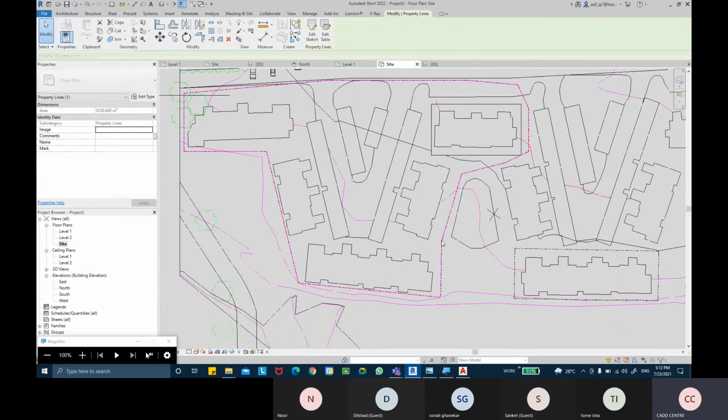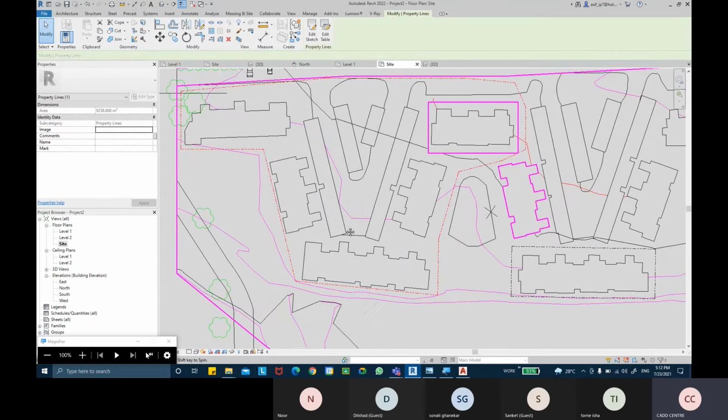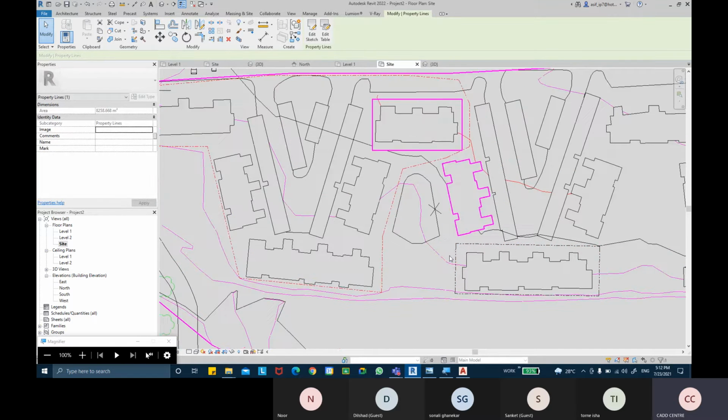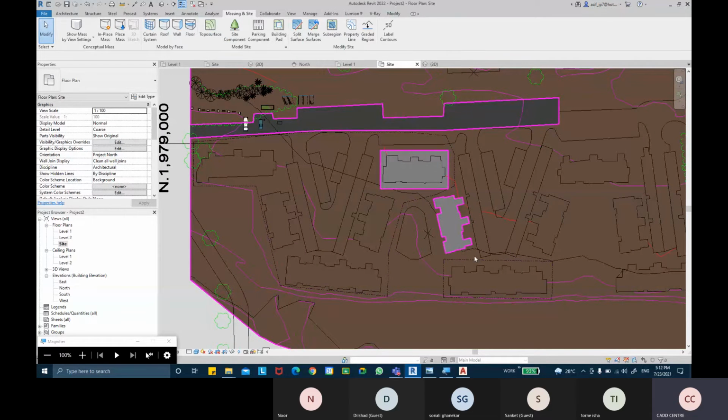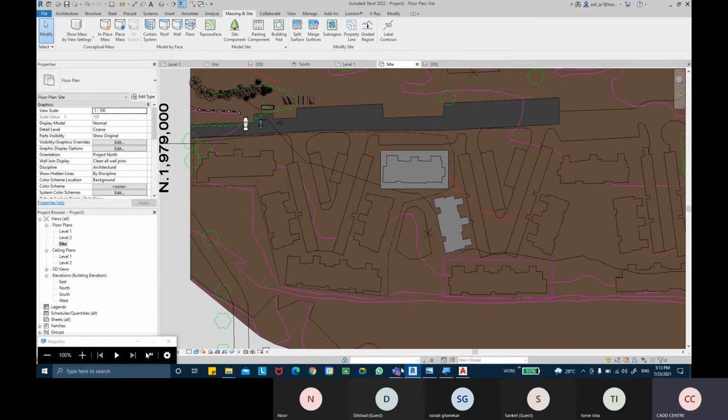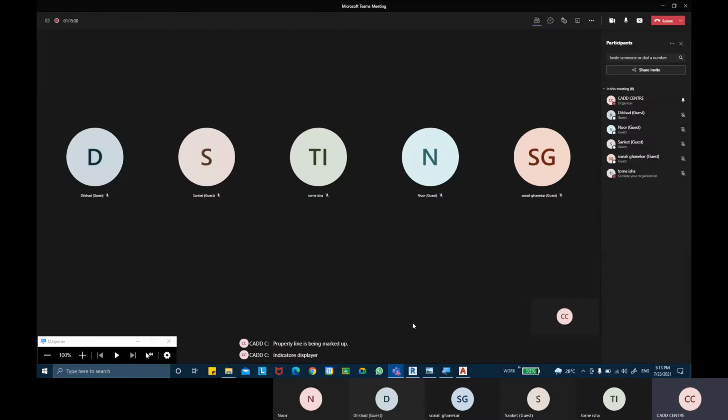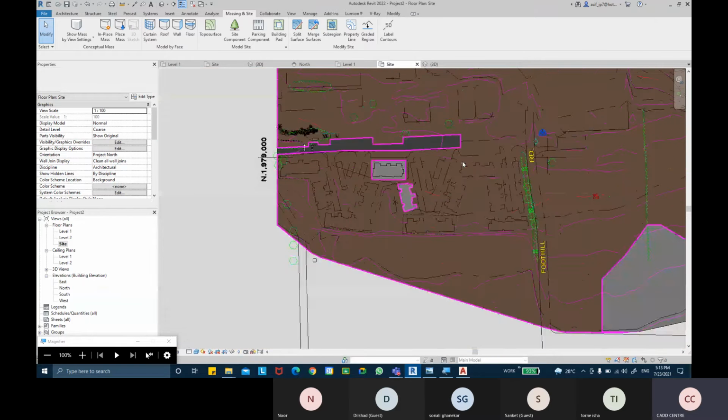Finish. So that's another property line, and that's that area of that property line basically. Okay, so the property line has been marked up. So you can indicate or display your... Then you're going to take the other tool,